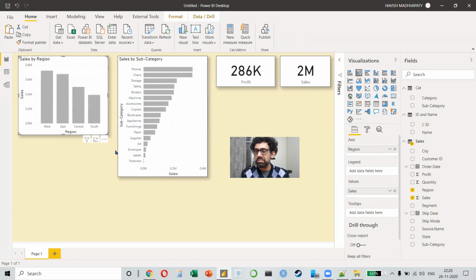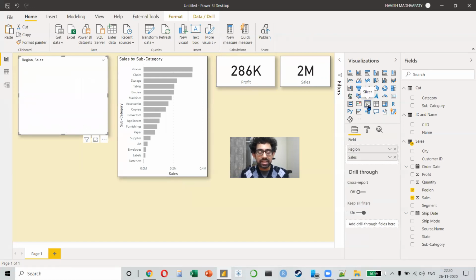This is okay, but the problem is that I also want to see whether this is the data for the last 6 months or not. Like this is for the entire 4 years, right? It doesn't make sense. Why would I want to analyze 4 years? I want to look at a specific time period. So I want to make a slicer, this one.